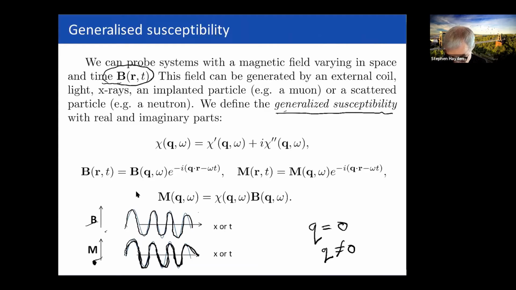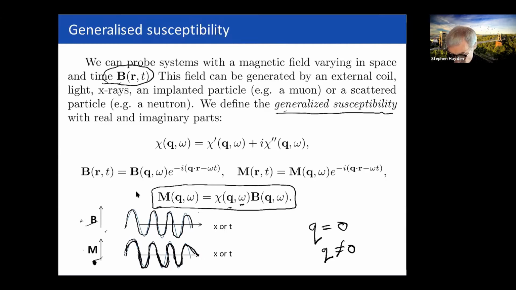So now we've got these two things, the field which we apply and the magnetization, and we can take the ratio and define a generalized susceptibility like this, which relates these two things. Of course, this susceptibility now includes all sorts of things, right? Because we can go to zero frequency and zero wave vector and get back to our normal susceptibility, which is a static